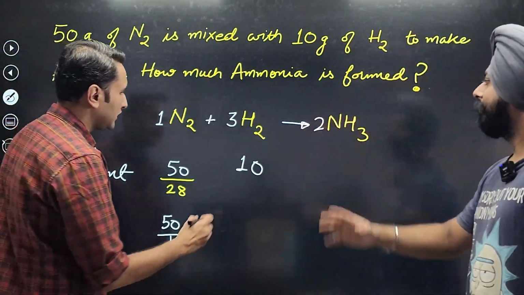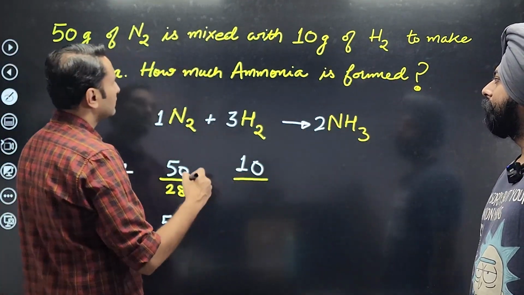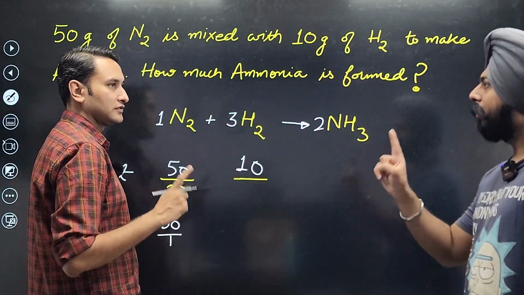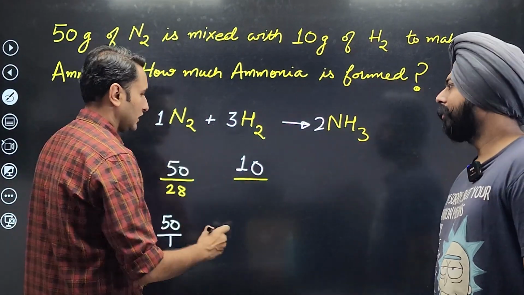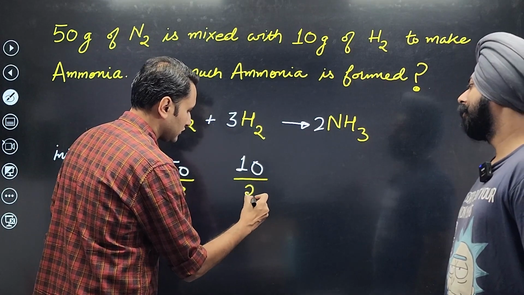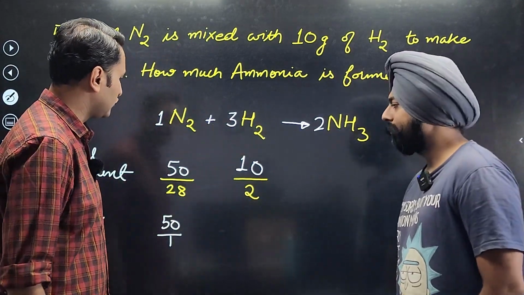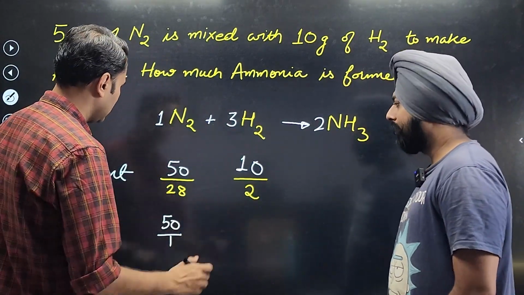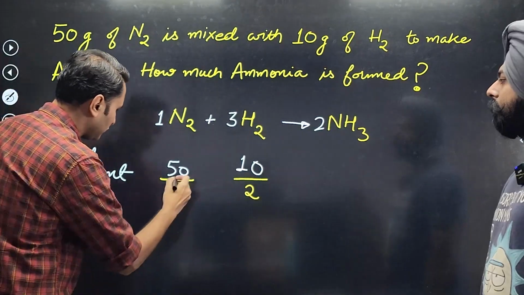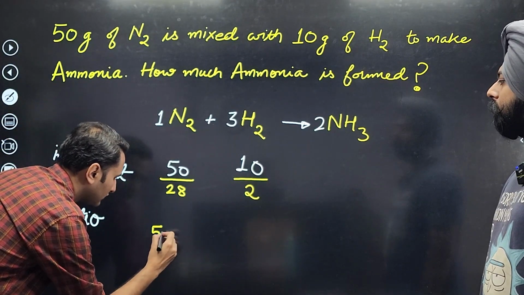Similarly 10 upon हाइड्रोजन का वेट होता है 1 for atom, 2 for molecule. So 2 हो जाएगा. So 10 by 2 moles of hydrogen is what we have. अब रेशो निकालो. So we have 50 upon 28